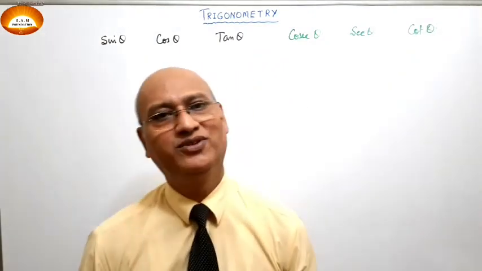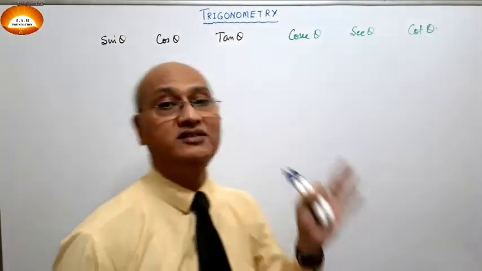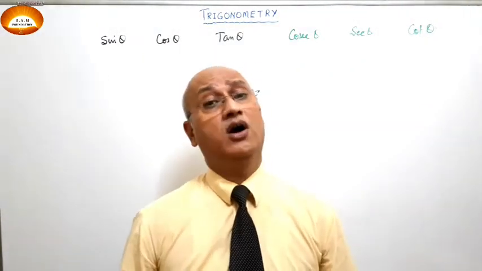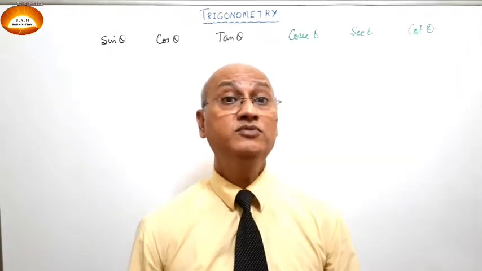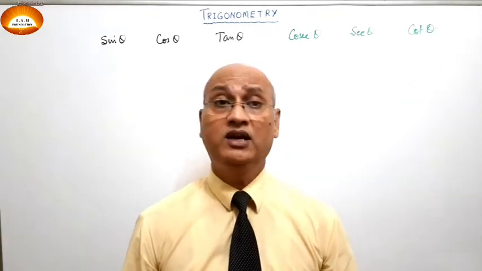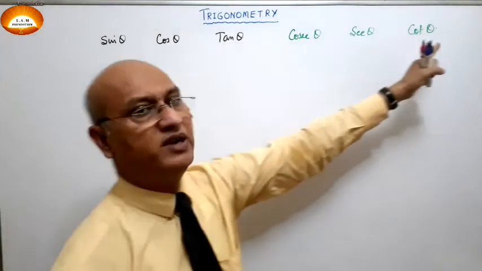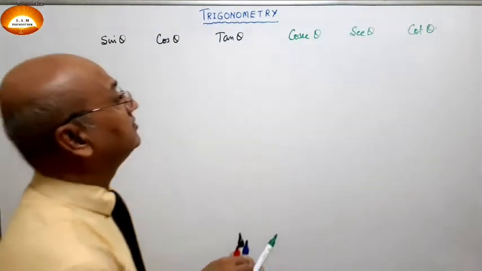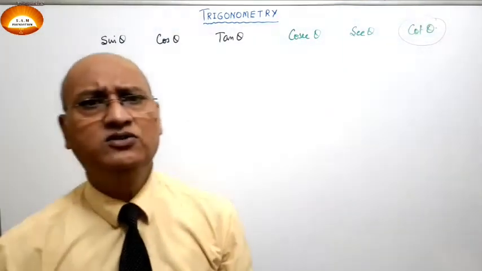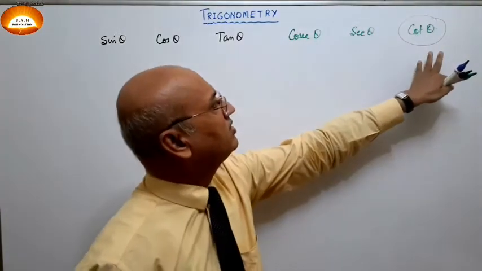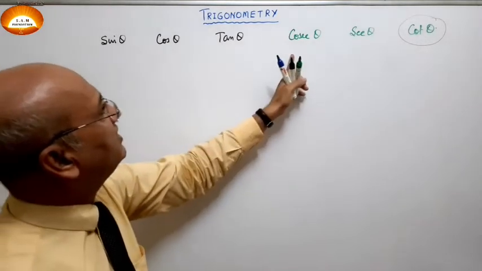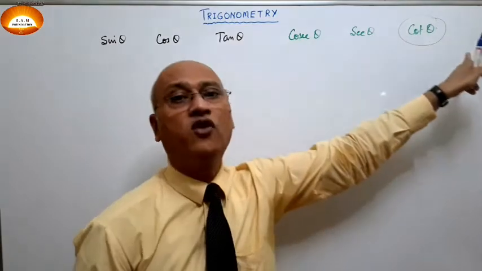Okay, I hope you must have noted down the question. Now here, this is not a question, this is a very generalized concept. See, if you want to write the values of all trigonometric ratios in terms of any one trigonometric ratio, this is a very simple technique we can use. See, you can select any one trigonometric ratio. Suppose I select cot theta. It is not necessary that you should select cot theta only. I have selected cot theta and I want to write the values of sin theta, cos theta, tan theta, cosec theta, sec theta in terms of cot theta.